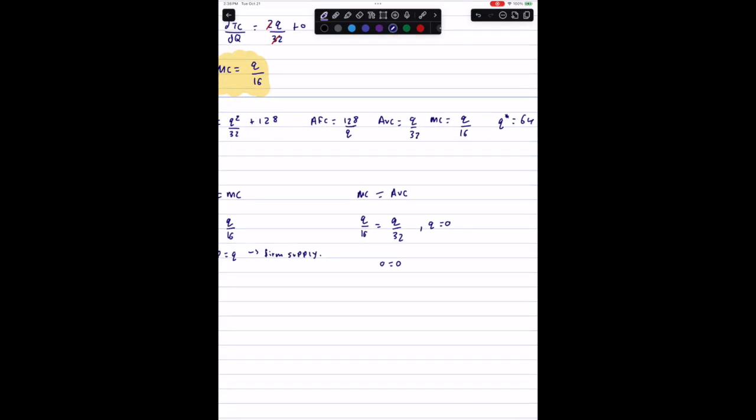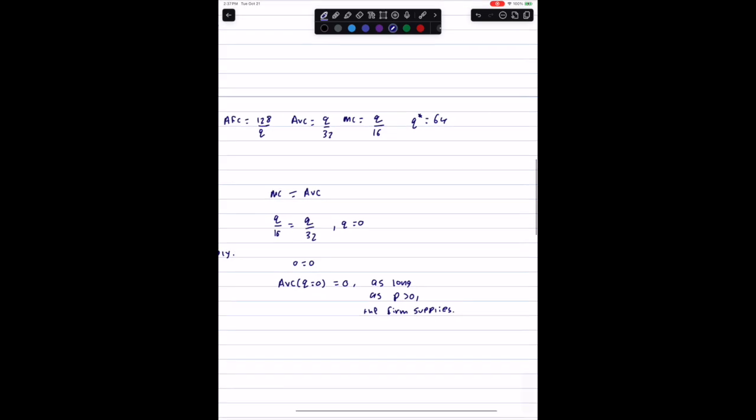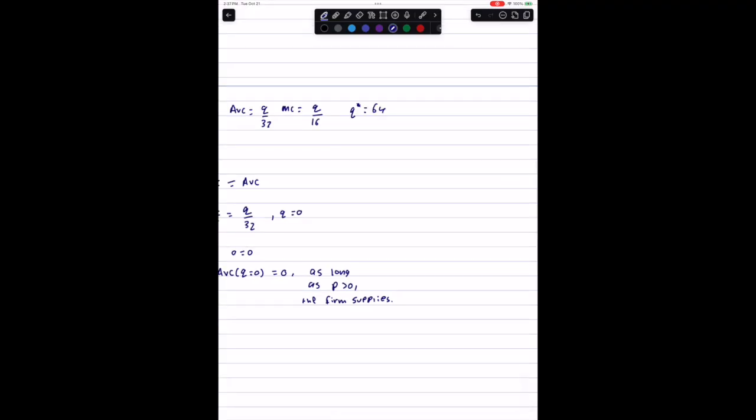So you would say that the average variable cost of Q equal to 0 is equal to 0, right? So it costs you 0 when Q is equal to 0. That's the price of the average variable cost. So as long as price is greater than 0, the firm supplies. And let me just contradict what I just said. I'll explain this. As long as price is greater than 0, the firm supplies. Why? Well,